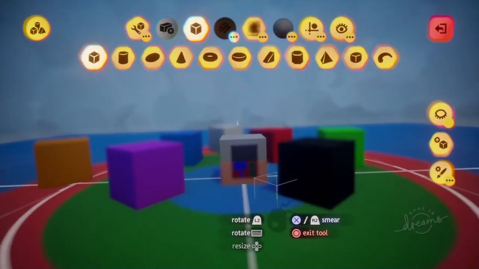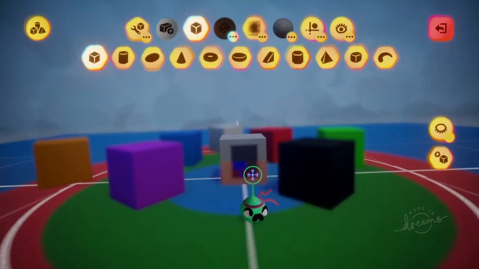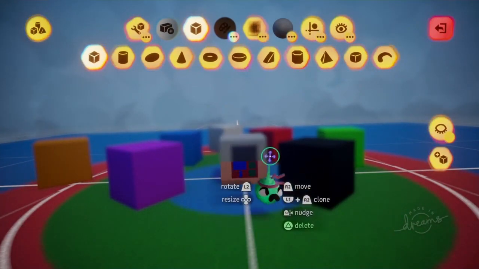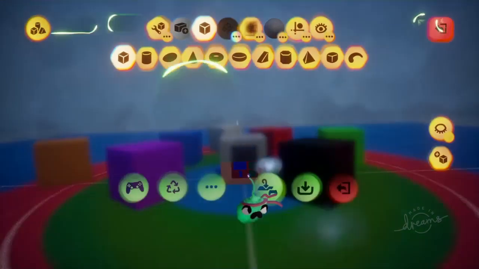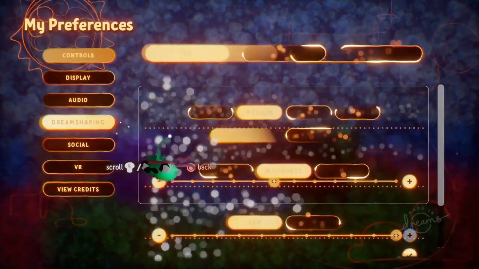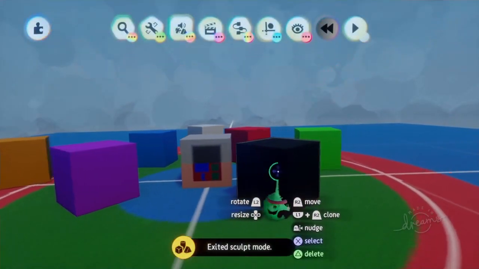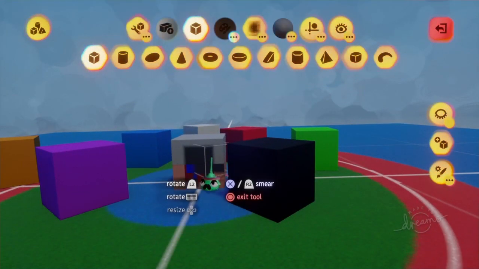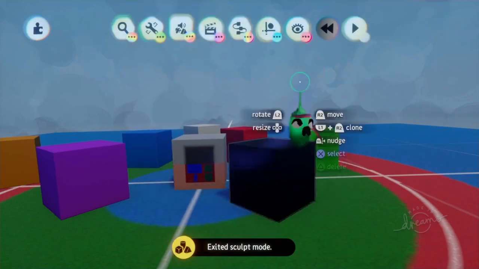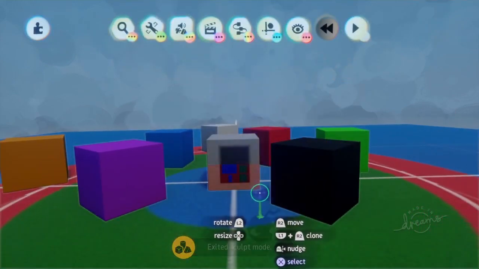However, there is still a blur occurring, so if we want to get rid of that, we have to go back into My Preferences, back into Dream Shaping, and set the visual feedback to Minimal. And now we will see that there is no difference between when we're in Edit mode versus when we're in Sculpt mode, allowing it to be much easier to work on various sculpts and paints, and keeping everything nice and